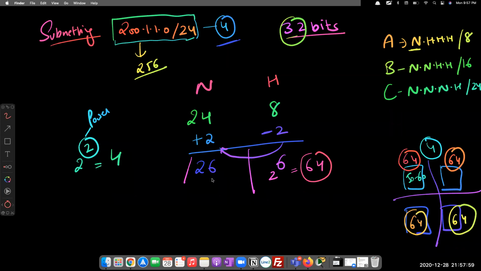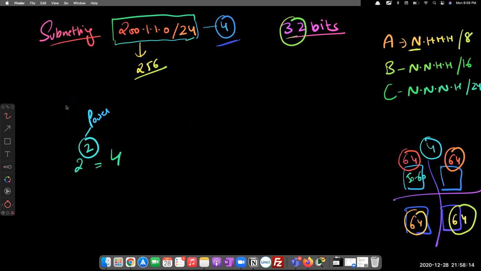And what would be the network? The network would be slash 26. Simple or not? Right? Let's take another example. If I want to divide this network into 8 parts instead of 4 locations, I have 8 locations. Instead of 4, we have 8 now.